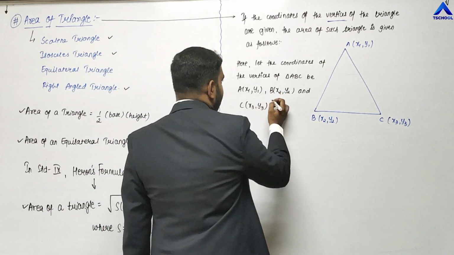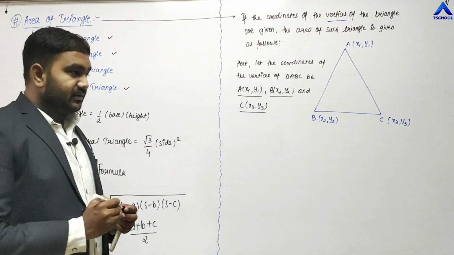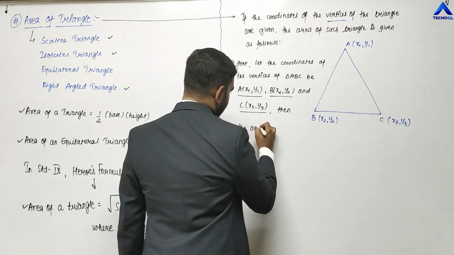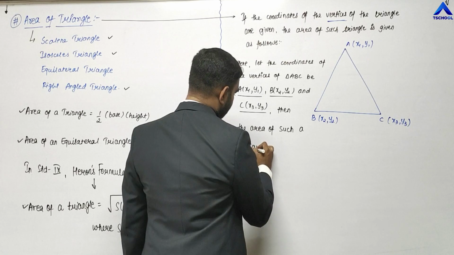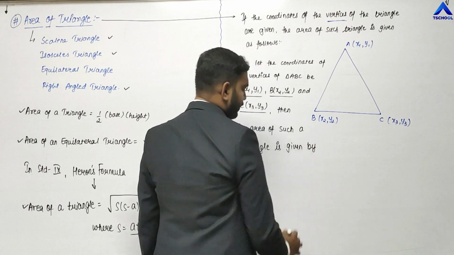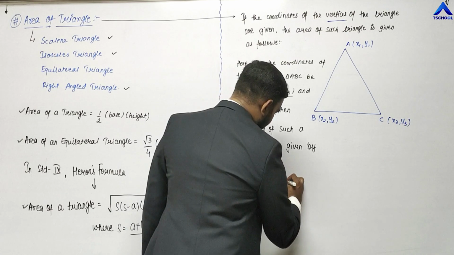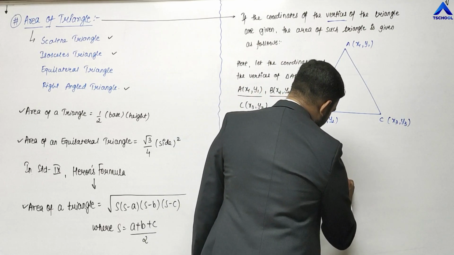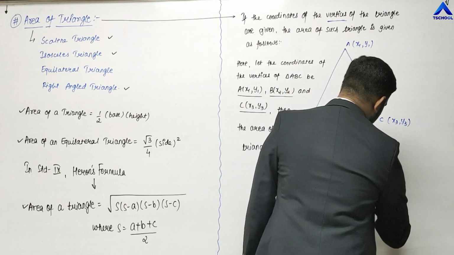Then the area of such a triangle is given by A equals half mod x1 into y2 minus y3 plus x2 into y3 minus y1 plus x3 into